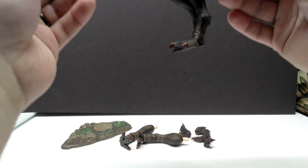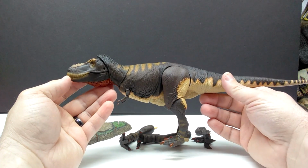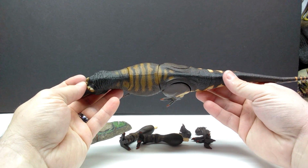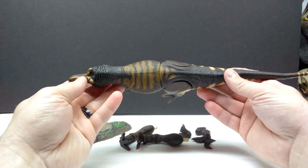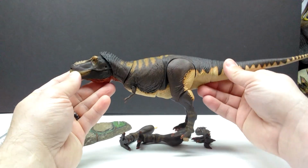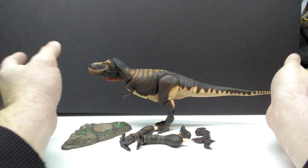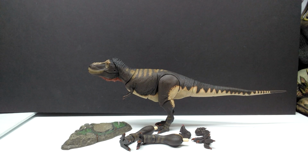And then, of course, our main event, which is the Tyrannosaurus Rex with the Walking with Dinosaurs coloration on it, and it is absolutely beautiful, just like I expected. Definitely a really cool color choice for this particular Kickstarter exclusive, and you can straight away see it stands really nicely. I have yet to have any balancing problems with any of my Tyrannosaurs, and this is now my third T-Rex